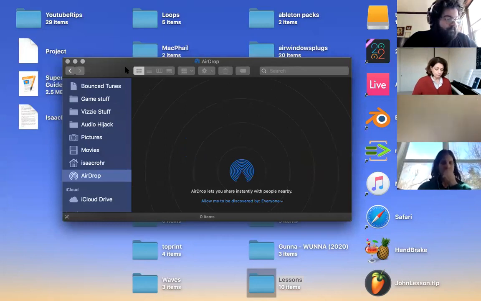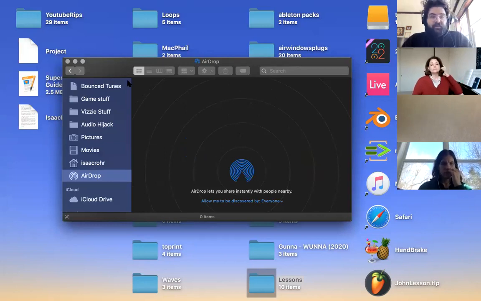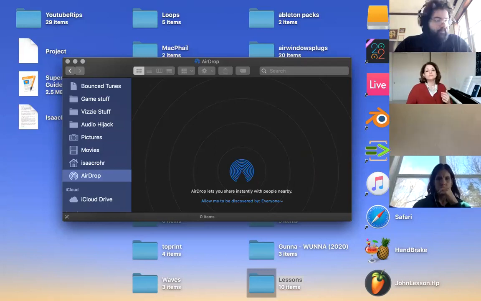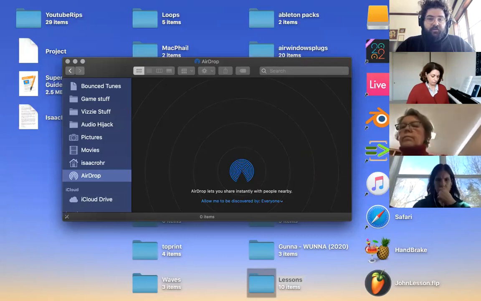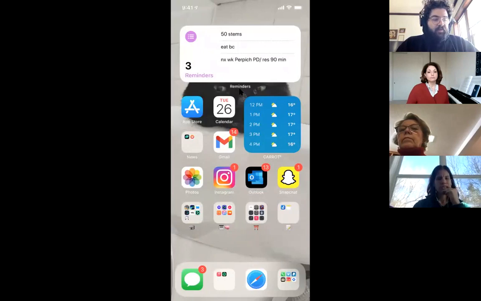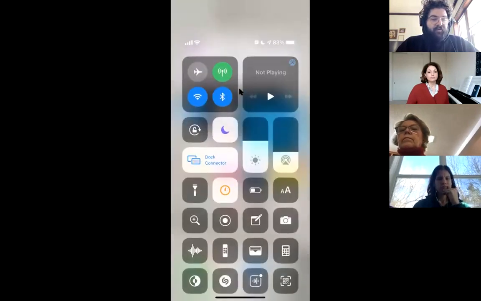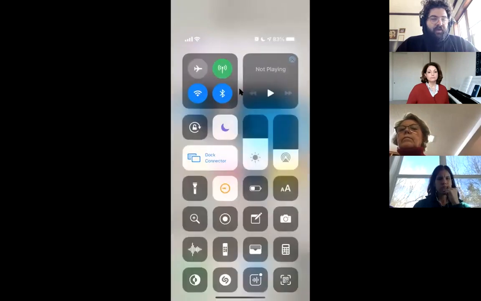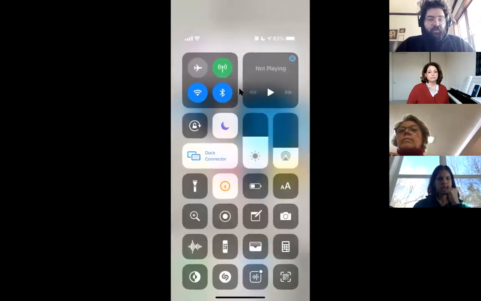All you have to do is turn on your Bluetooth, and then on iOS devices, it'll look like this. If you're using an iOS device, you'll be familiar with this screen. If you're not familiar, I'll show you another way to do it. On the newer phones that don't have a button, you swipe down from the top right-hand corner, or on the older phones that do have a button, you swipe up from the bottom where the button is, and this will open.